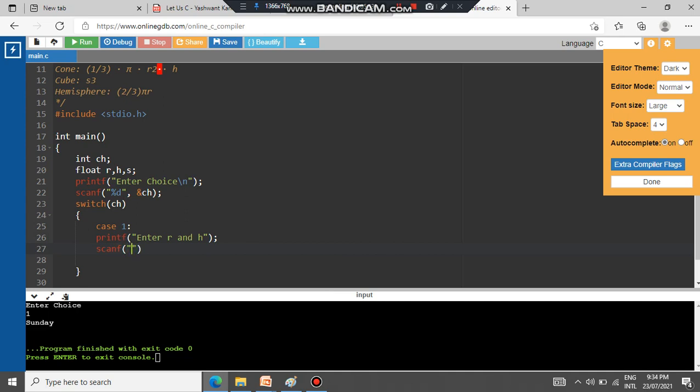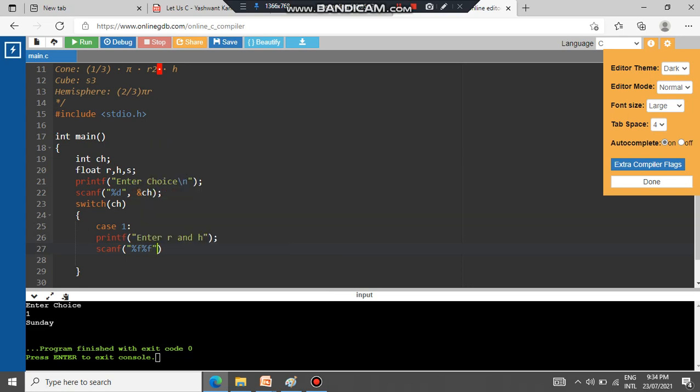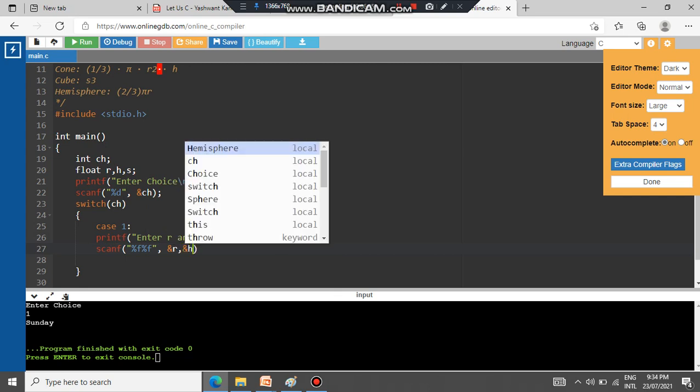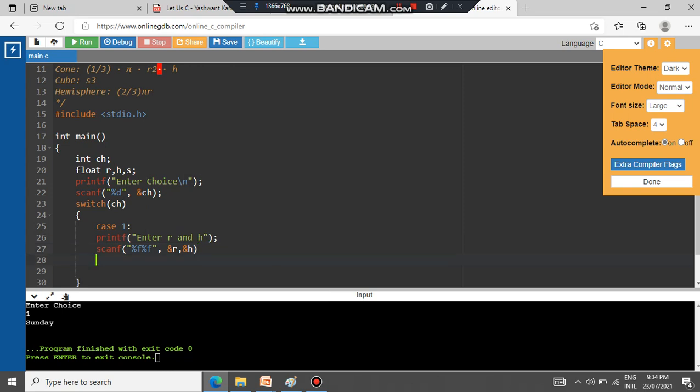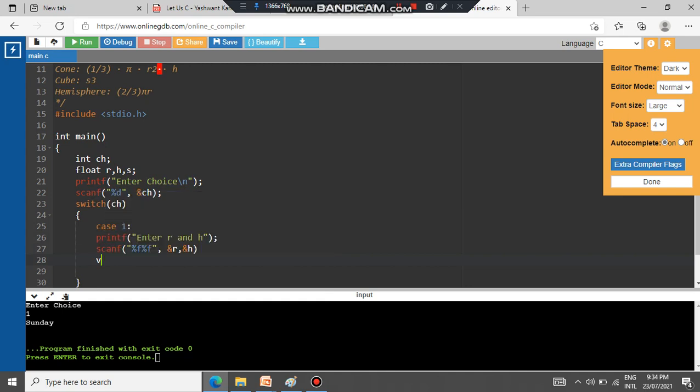We have to read two float values now, so it will be %f and ampersand R, comma ampersand h. So two values are read, and now we have to calculate volume, V. In order to calculate V, again we have to declare V. So we will declare it here.